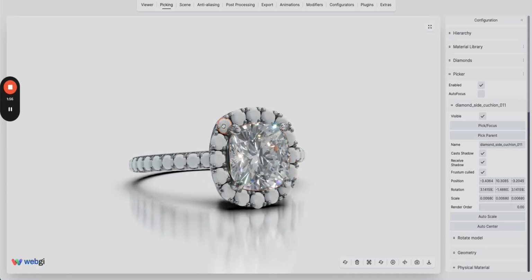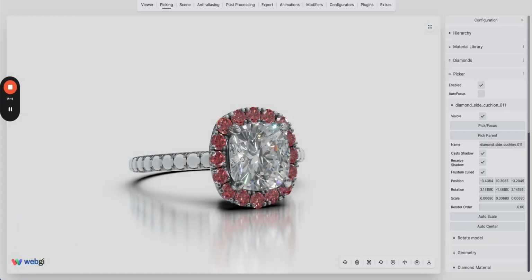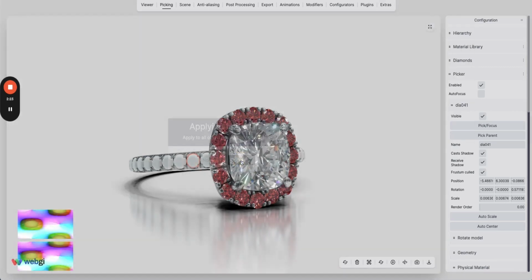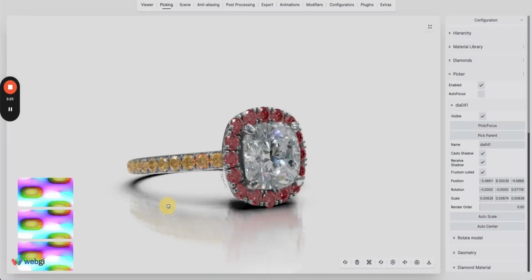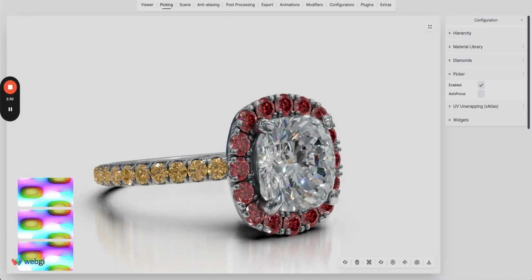You can select the second one, and let's just drag and drop the second one. Yes, we want to apply this material on all the objects which are sharing or using this material. Do that, and as you can see, this material is now applied on all of these diamonds. Same thing, you can select the third one, this one, apply, yes, and as you can see that 3 cache keys are generated here,